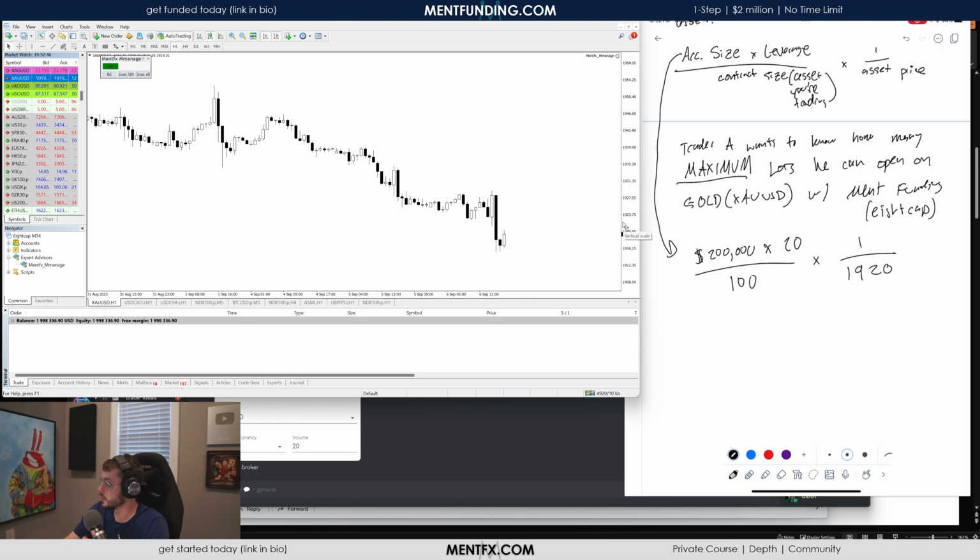920. We're just rounding up to make the numbers very easy. And now we can calculate this math to show us the max lots that we can actually trade on this pair or this asset, in this case, gold. So 200K times 20 puts us at what? That's $4